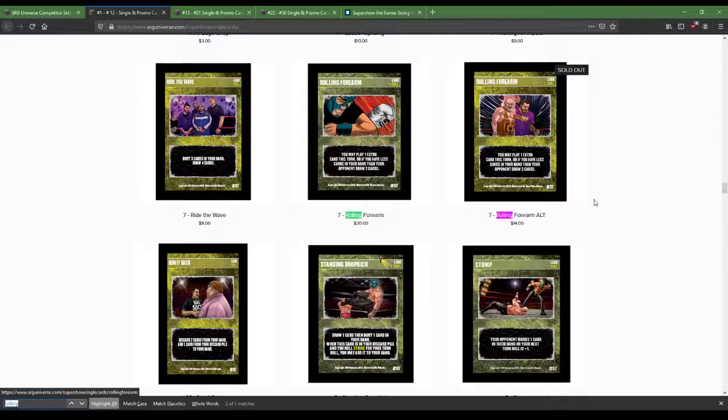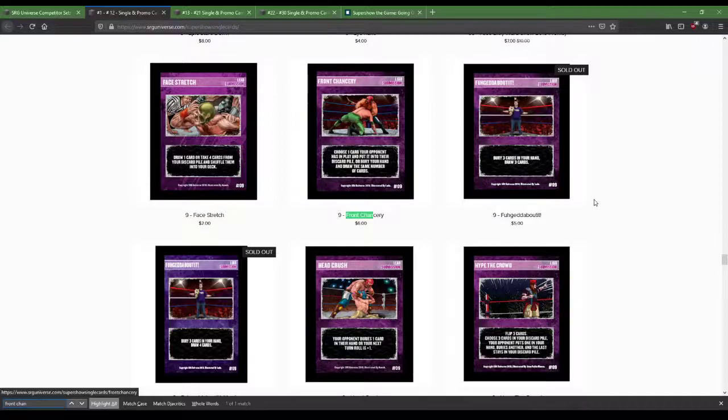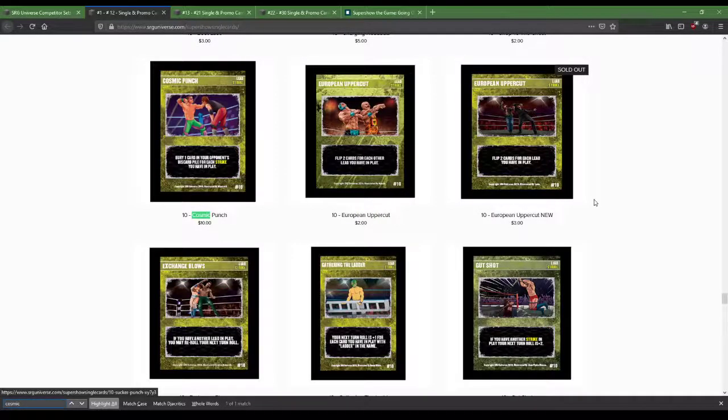Number 8, I picked Call of the Crowd 2 because 2 aggressive cards are better than 1. Number 9, Front Chancery, because I do like having the discard card in the submission. Yep. For number 10, I picked Cosmic Punch because you can go Rolling Form and a Cosmic Punch, and once